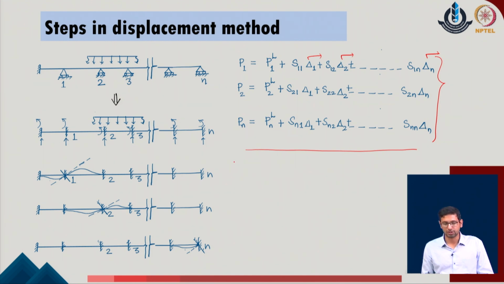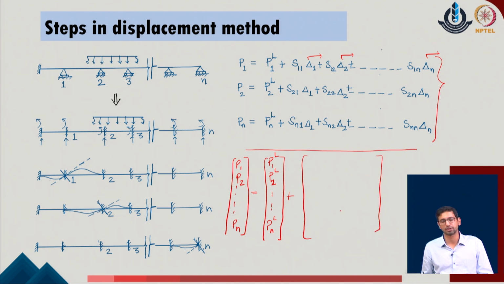A standard way to solve this system of equations is to arrange them in the form of the standard vector and matrix representations. We can describe all the conditions of the equilibrium on one side, and the corresponding conditions of the load due to the loading can be described on the other side, and then we can assemble all the stiffness coefficients of the given system, starting with S of 1 1, S of 1 2 up to S of 1 n. Similarly, for all the rows, S of n 1 to S of n n, and this should be multiplied with the corresponding values of the unknown displacements which we want to evaluate in the given problem.